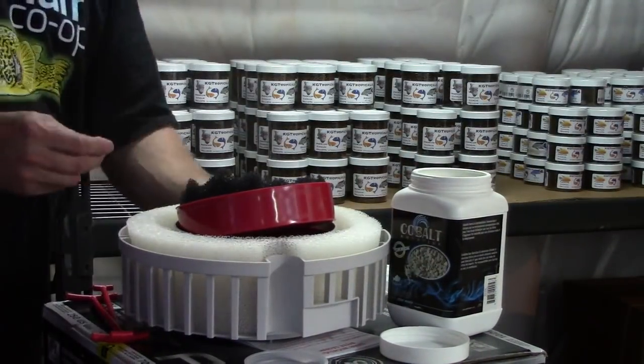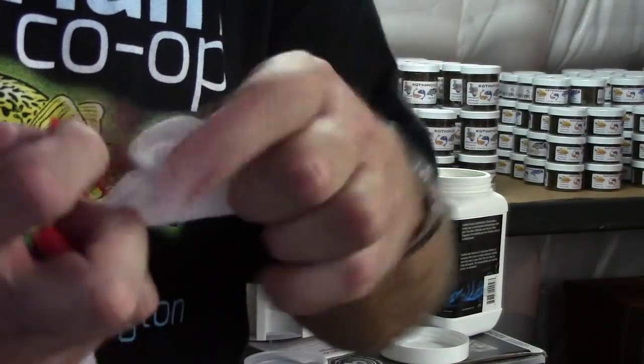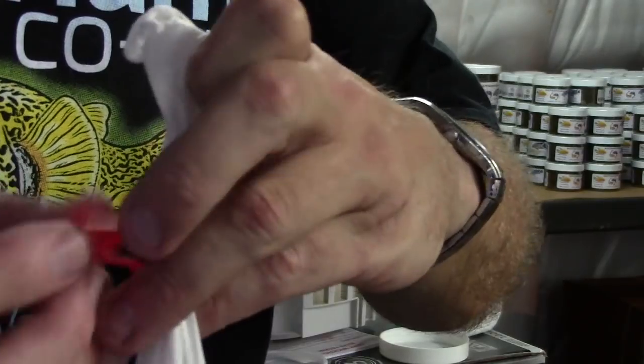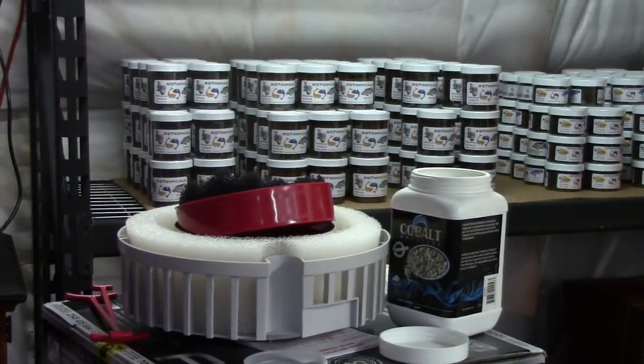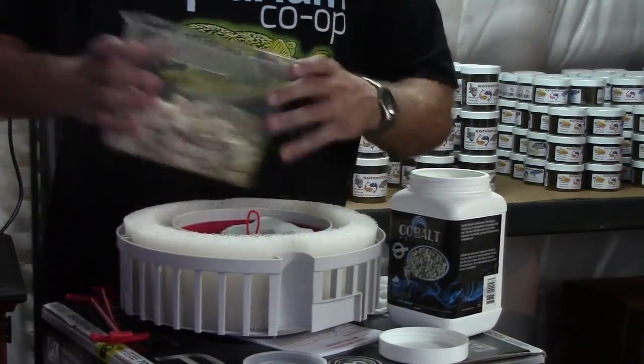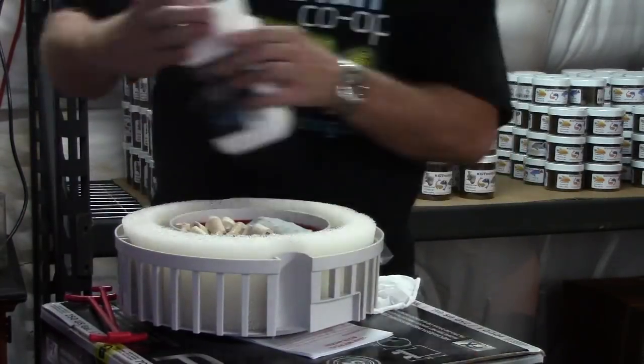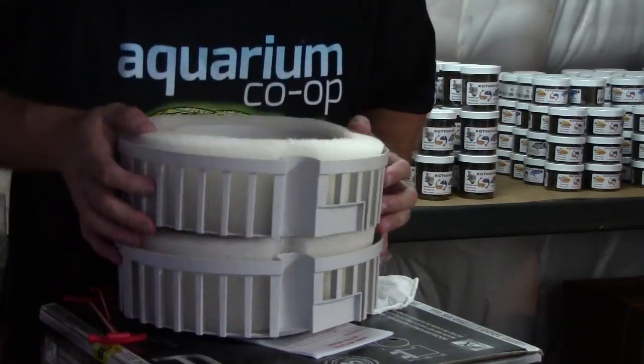I figured helping out a little bit with the ammonia control is never going to hurt anybody, and these bags came with the Fluval filter, so definitely handy to have, and you can put anything you want in there. After thoroughly rinsing the ceramic tubes and the ammo chips, it's time to put everything back in there. I just put the ammo chips and a few of the tubes down at the bottom,